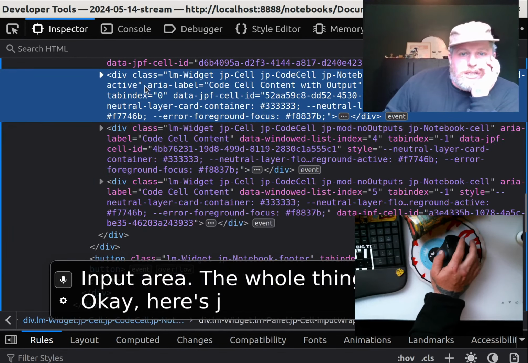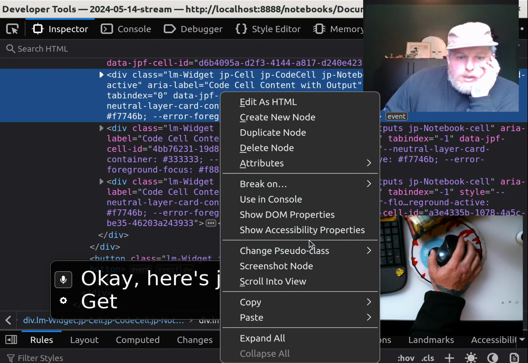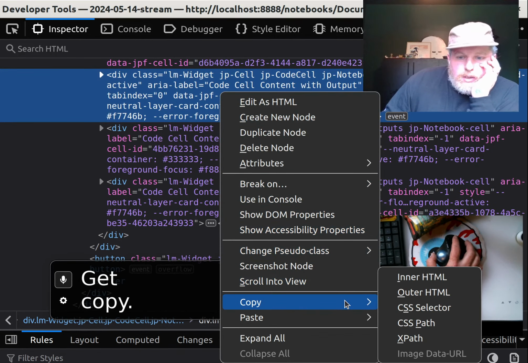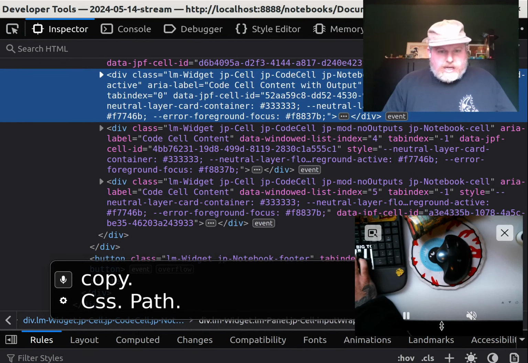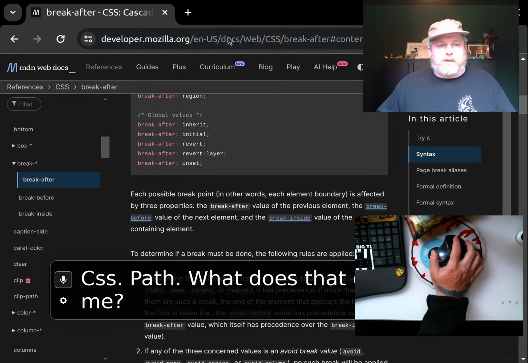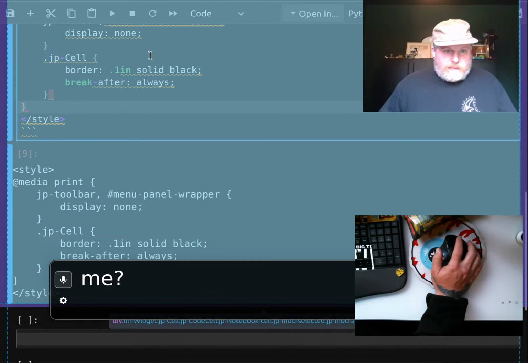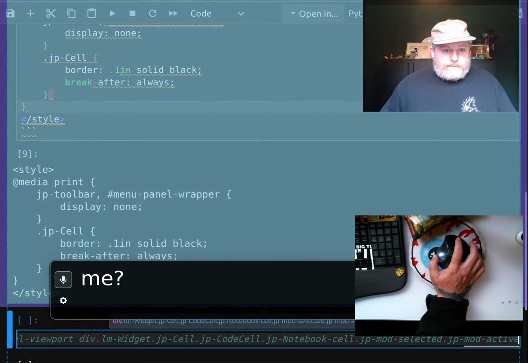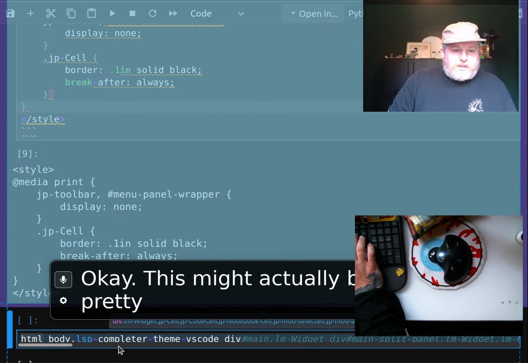Okay, here's JP-cell. Copy CSS path. What's that give me? Okay, this might actually be pretty useful here